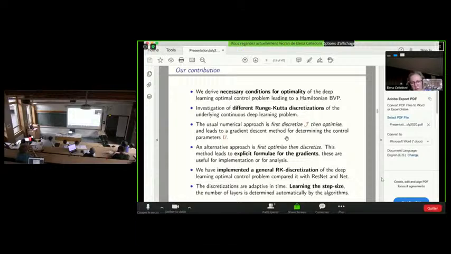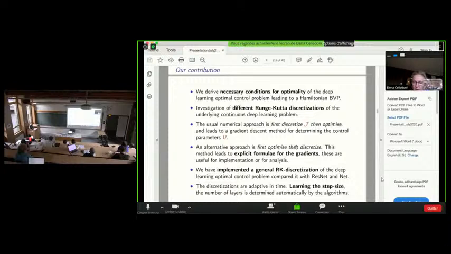We apply it in this setting of deep learning. We derive explicit formulae for the gradients, and we implement a range of Runge-Kutta discretizations and make comparisons.